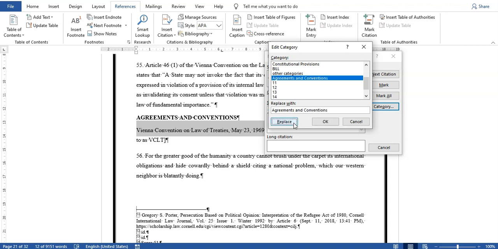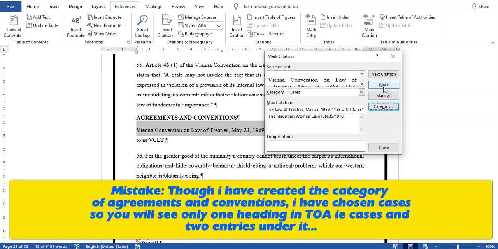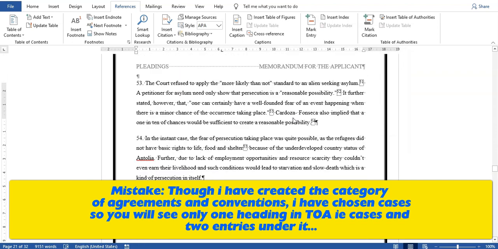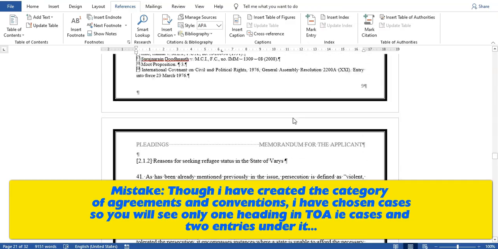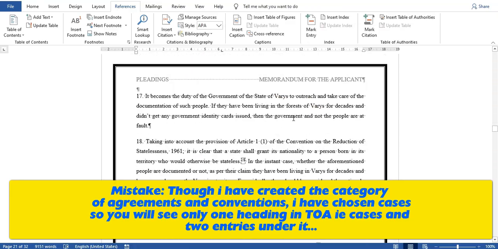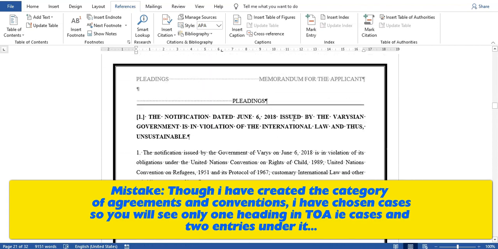Click on replace. Now press OK. So I have marked a case and an agreement and convention. Now close that. So first mark it. So I have marked it. Now close. So we have two things that are cited in terms of authorities. So marking entry, or marking citation, is done.